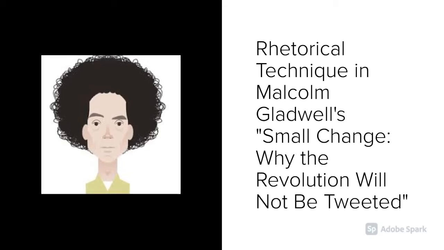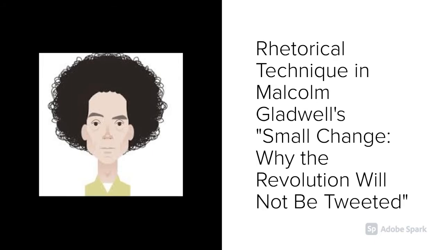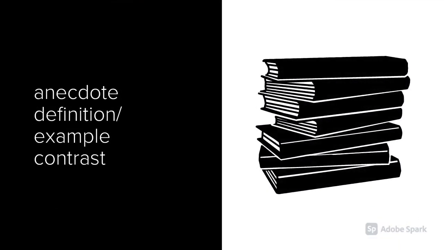Malcolm Gladwell's essay, Small Change: Why the Revolution Will Not Be Tweeted, discusses the role of social media in modern-day activism. Gladwell's essay uses many of the rhetorical techniques we have studied in this class, including anecdote, the definition example pattern,